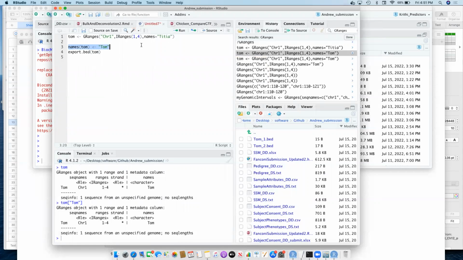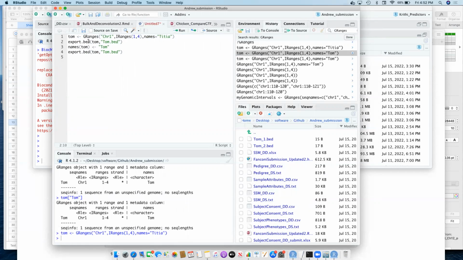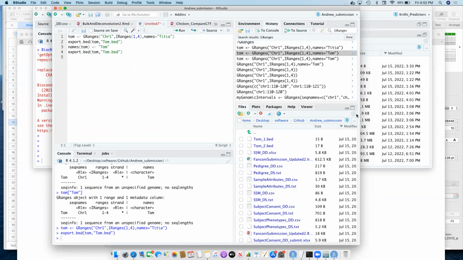It will use the names we've set here. So let's try that. But we can even do it this way like we did earlier on. So if I build it like this, and I try and export that to tom.bed,